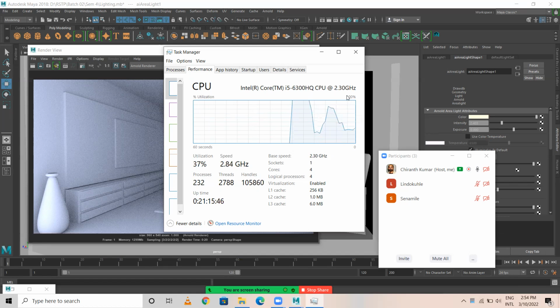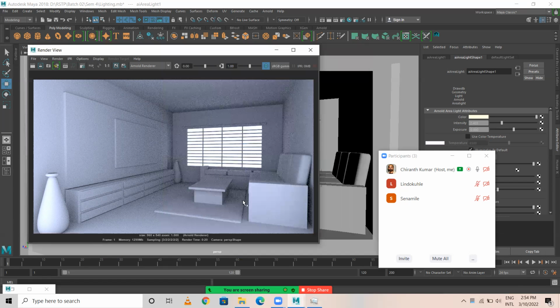That's how it is. Arnold takes a lot of memory while working. Fine. This is just with one light, and we get an output something like this.